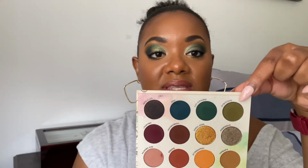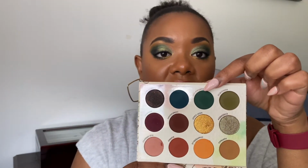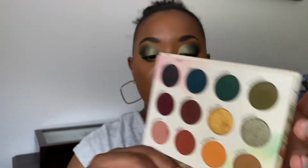And on my eyes, I have none other than the At Foresight palette, which is a collaboration between Raw Beauty Christie and Colourpop. I know I did a video a couple months back using the warm shades, so I've been dying to play around in the green shades in this palette, so that's what I did. I went in with this entire bottom row. I have these two green shades in my crease. I used this black with the copper shimmer to deepen up the outer V, and then I used this blue shade in my waterline. And for the lid, I went in with this really, really pretty green shimmer,